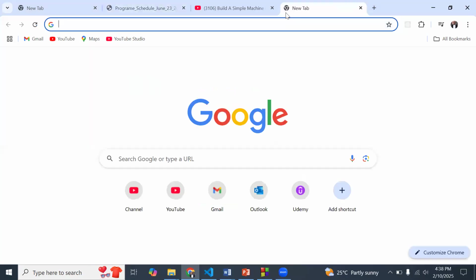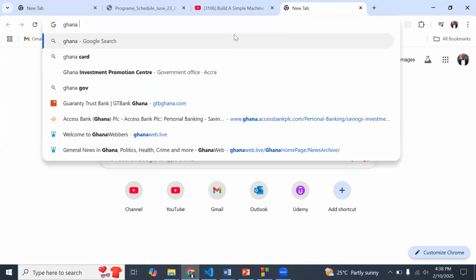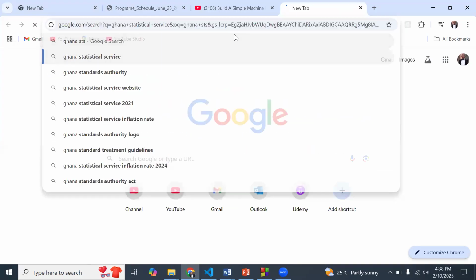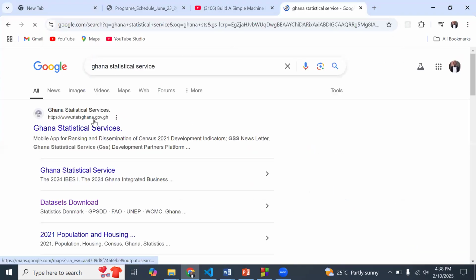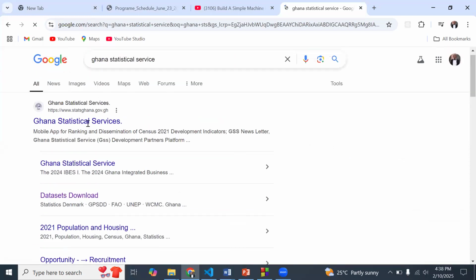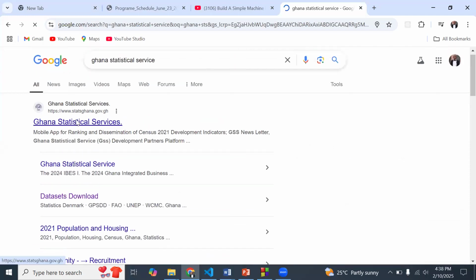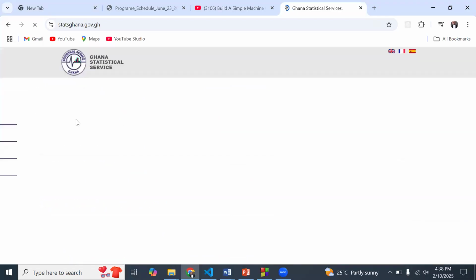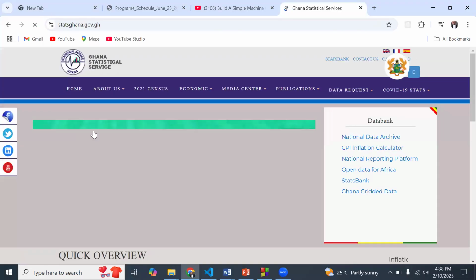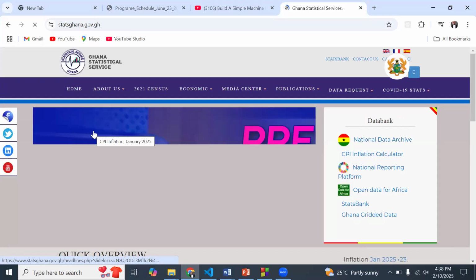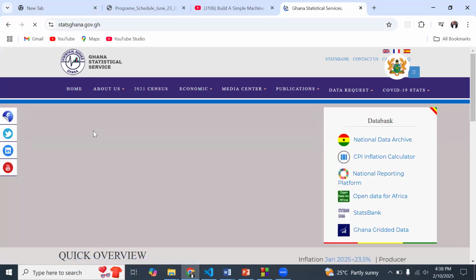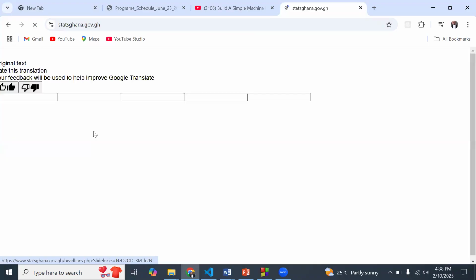Now, one of the things I found quite recently was the Ghana Statistical Service, and they actually have a data set, or a database. I know they are the government agency, so they have some data they've collected, a lot of which is, I'll say, local data.